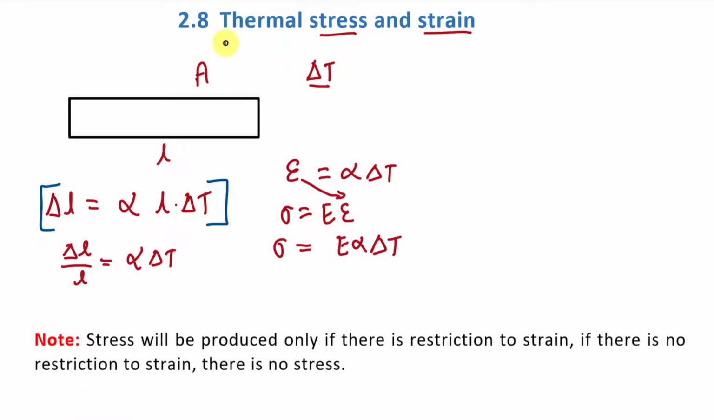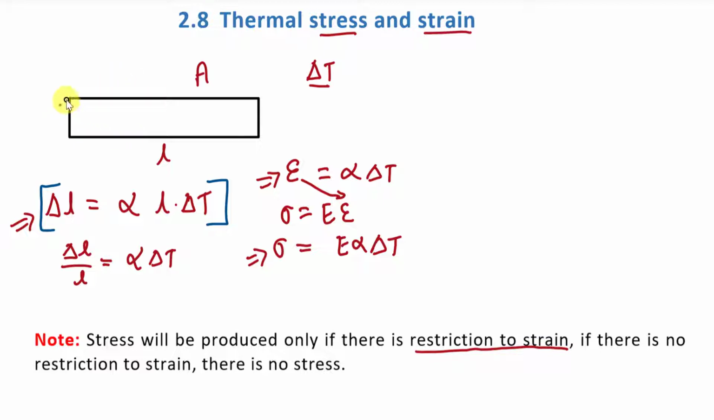Now we have three equations in this topic, that is the equation of delta L, the equation of strain, and the equation of stress. Now you have to remember one thing, that stress will be produced only if there is restriction to strain. By restriction to strain, I mean restriction to change in length, or we can say change in dimension, right? So if we restrict the change in dimension of this body,